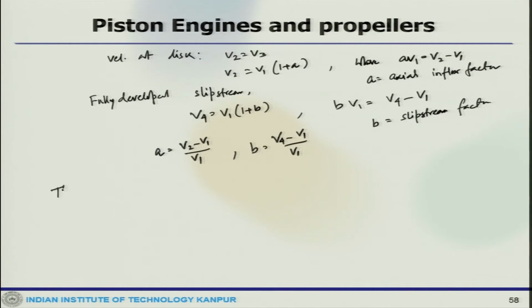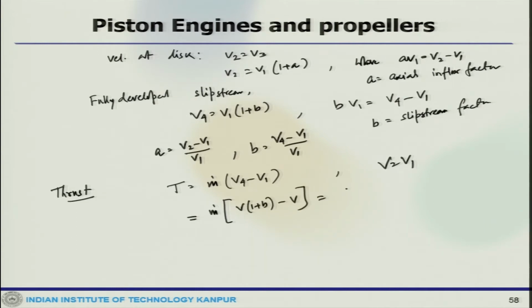So, we can estimate the thrust. We can apply Newton's motion, and there is a control region between 1 and 4. The thrust could be m dot (V4 minus V1). Now, if we drop the subscript on the free stream velocity, V is V1, then we can write this as m dot V into (1 plus B) minus V, which is m dot